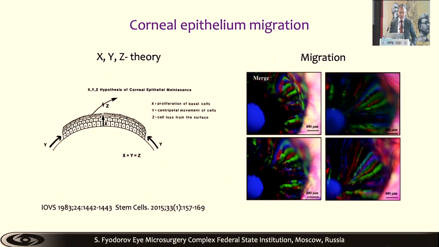We know the XYZ theory, when epithelium cells generated by stem cells migrate towards the center of the cornea from the periphery, and from the lower, deeper parts of the epithelium layers to the surface, and are then exfoliated out